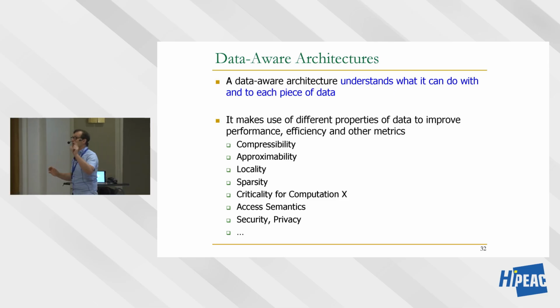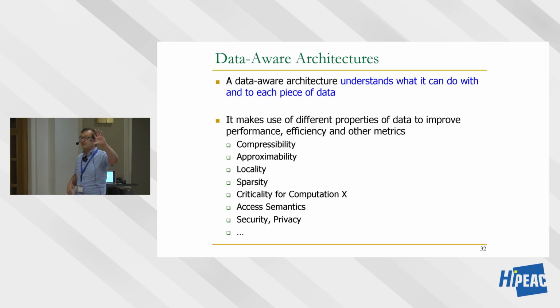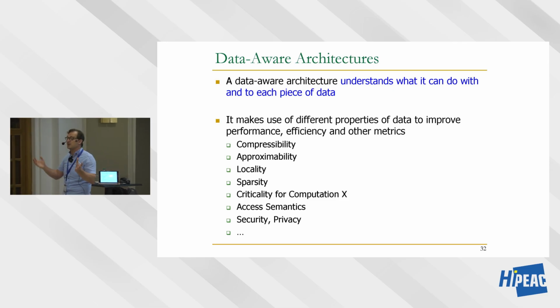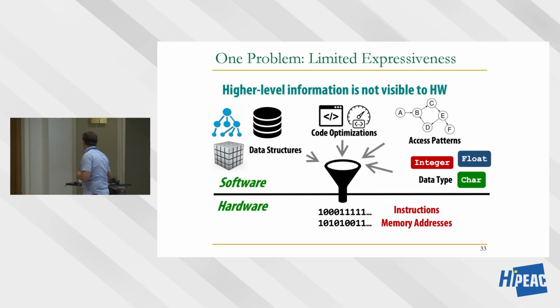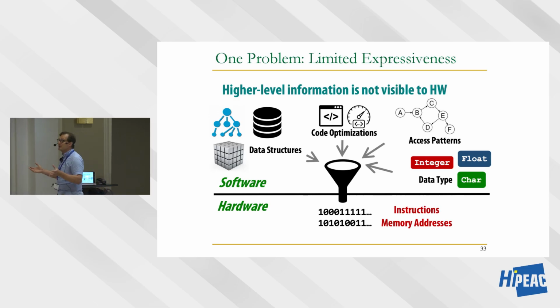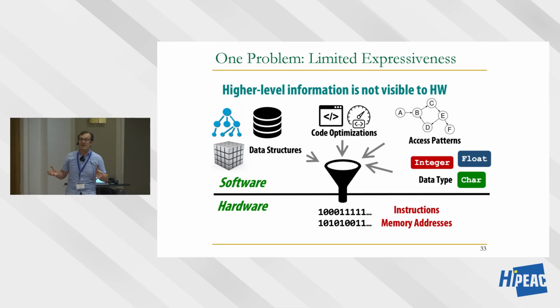And I strongly believe that this sort of marking of data in terms of its characteristics is going to be a lot more important going into the future, and security is one example of this. But there are many other examples. For example, compressibility. If you can somehow say this particular data region or data structure has particular types of characters that are compressible with a particular algorithm, then you can design compression algorithms internally in the hardware that are much better fit for that data. Okay, so there are many problems over here because we're really cutting across the stack. One of the problems is you cannot communicate this information in a general purpose way to the hardware today.